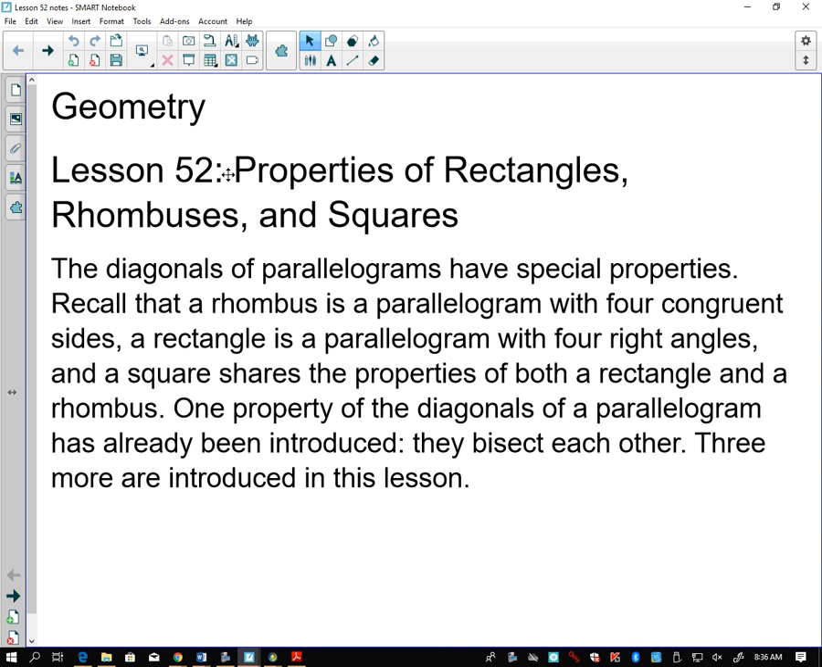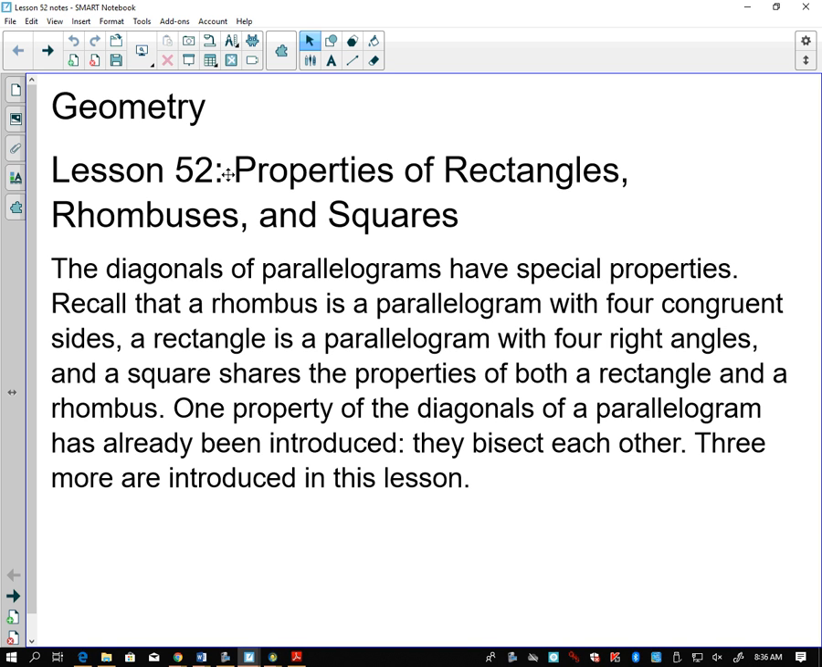So a rhombus is a parallelogram with four congruent sides. A rectangle is a parallelogram with four right angles. A square has the properties of both a rhombus and a rectangle. So just to reiterate, are all squares rectangles? Yes. Are all rectangles squares? No. Are all squares rhombuses? Yes. Are all rhombuses squares? No. Okay, so that we know and we're aware of that. That might be something I would write down, because that's not in the notes, right? Just, hey, as a reminder,